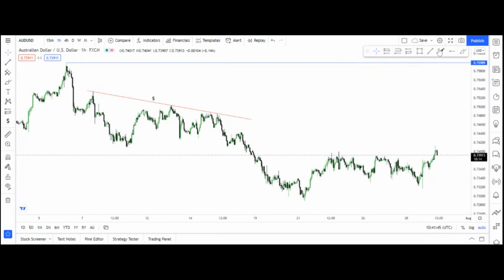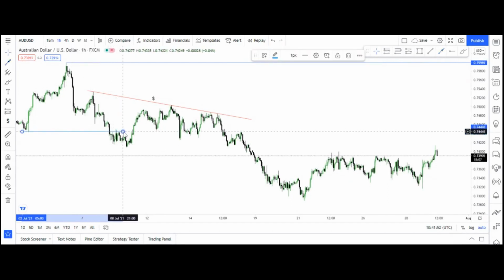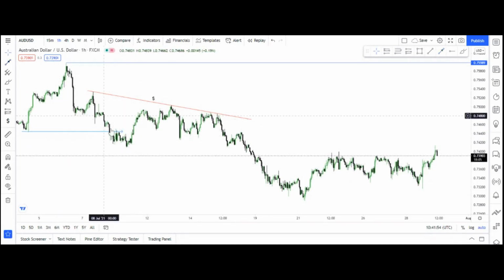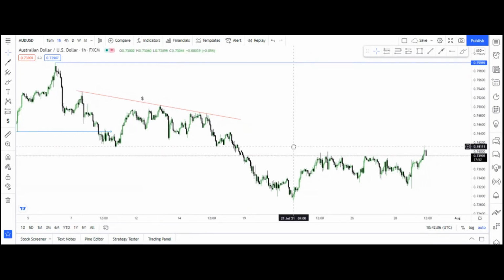Now this was a break of market structure for me, a major break of market structure to the downside. So I know AUD USD was bearish because dollar was bullish. This is an order block here. If we go to the 4-hour time frame, you see this is an order block, and we tested it and we went down. That proves the point.